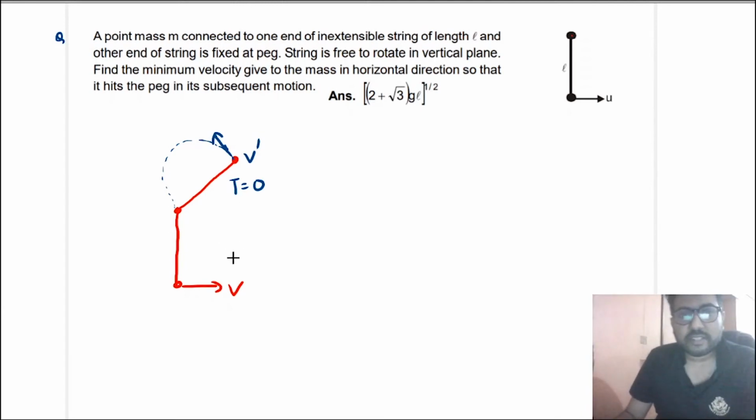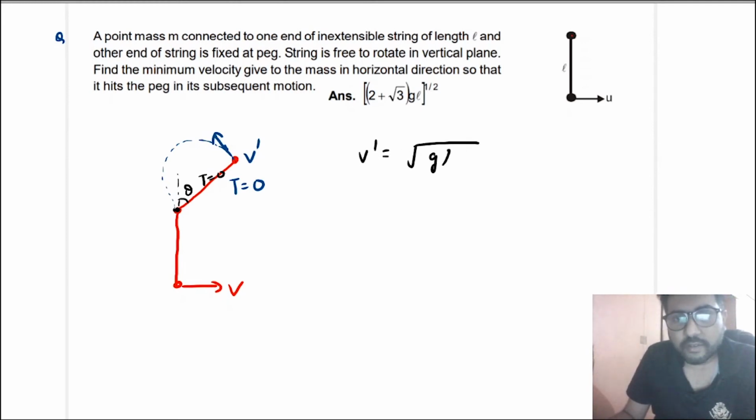So in this question they have asked you the minimum velocity v such that after reaching this point it starts to follow a free fall path, that is a projectile motion, and it ends at this peg. Okay, so at this point you know that the tension has become 0. So if the tension has become 0 at this point, then you will say that v dash is equal to